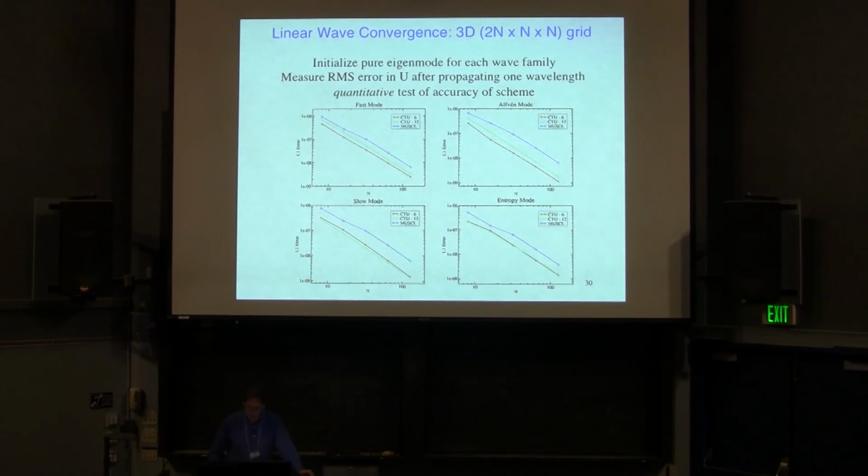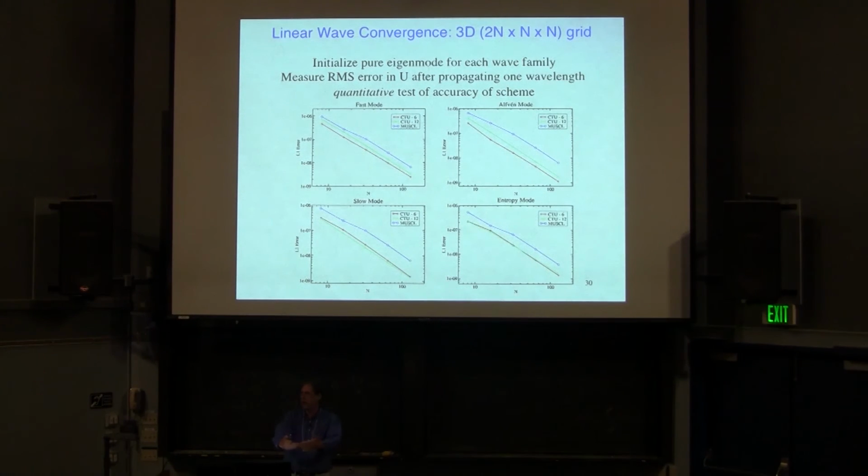And I always think one of the most useful is linear wave convergence. It finds bugs for you very easily because it's looking for a very small error. You're looking for a very, very small effect. If you've got a bug somewhere in your code, it shows up immediately because you won't get convergence of the solution. So this is just a matter of setting up a linear mode of each of the MHD wave families,